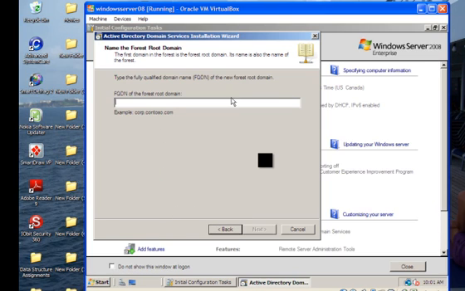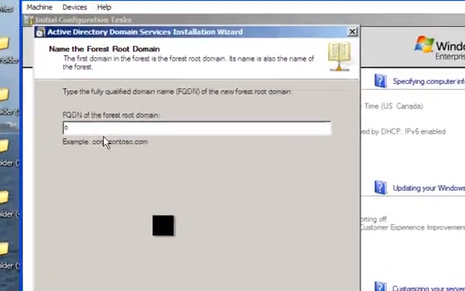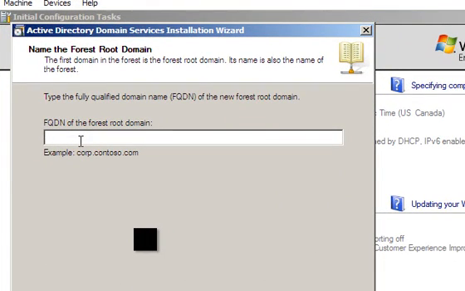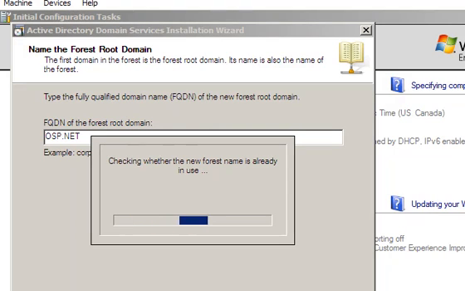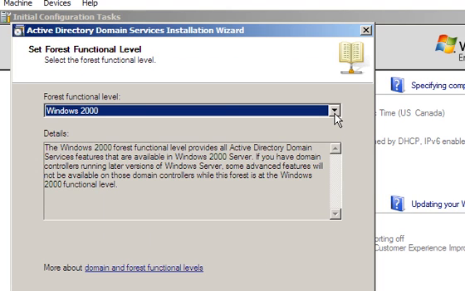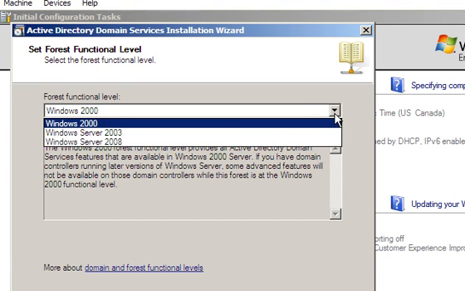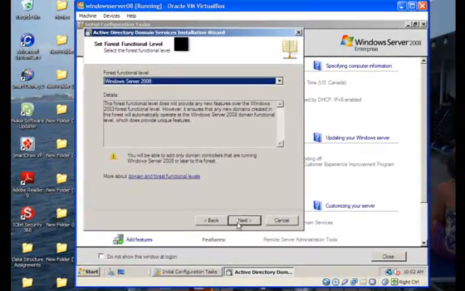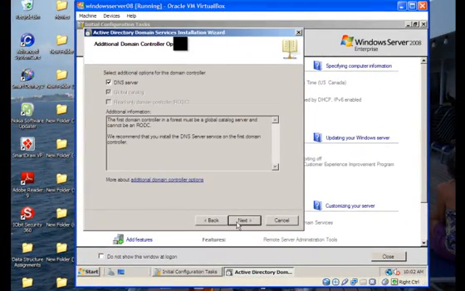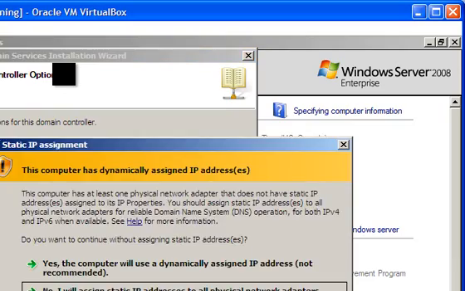Now you have to enter your own domain's name. I will enter my domain name as osp.net. Next. Of course, we move on to the next box. Now this is Windows Server 08, and yes, it's a DNS server. Just click next,